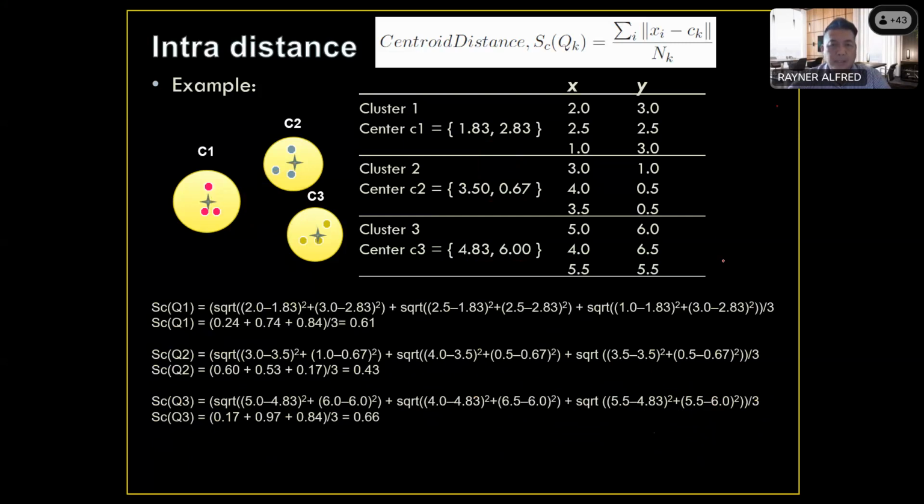So the compactness is similar to what we have done with the distance between the member. Okay, so we have this center, and we want to measure the distance between all the members that we have in this cluster to the center. Okay, so for this one, we take the difference between 1.83 with 2 and take the square, which is this one,